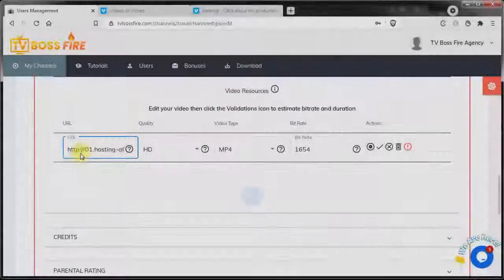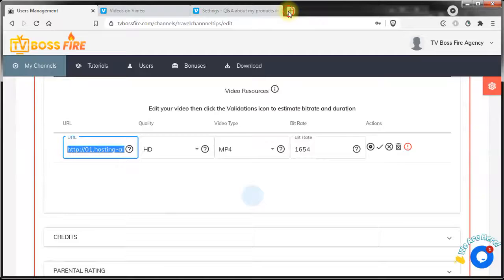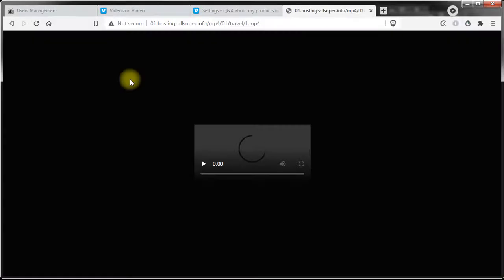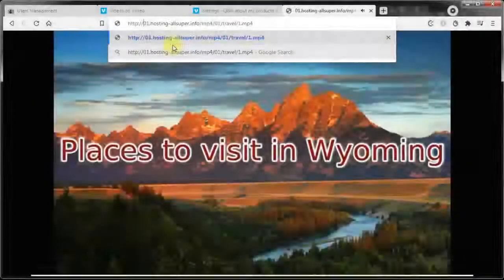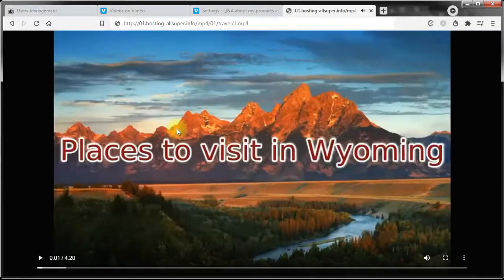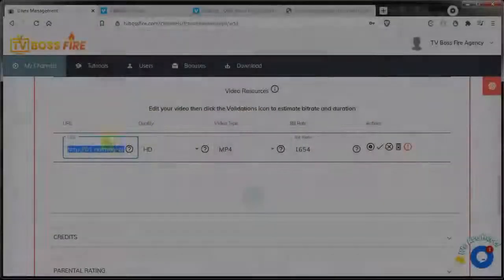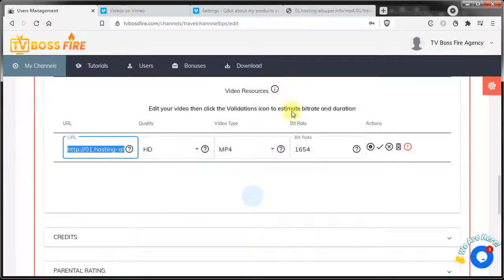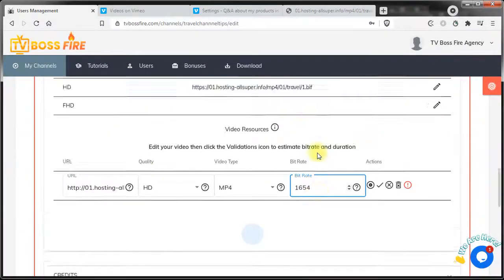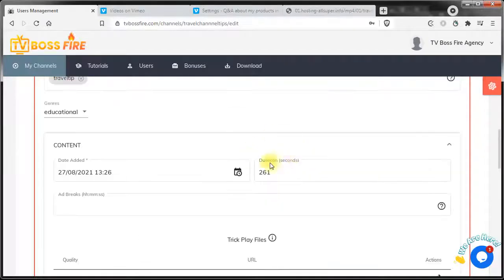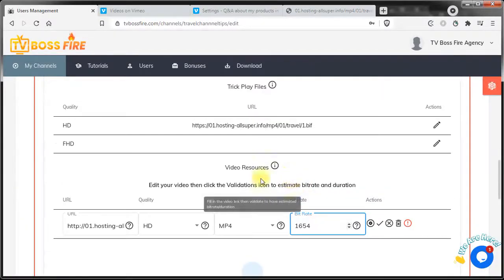Copy and paste the video link in the browser and see if it's playing. In this case, the video will play in the browser, or we hope it will. It will play, it just takes a little while longer because of the switch to SSL from a non-SSL link. In the case when CORS is not enabled, you'll need to add the bitrate and the duration, so you'll need to have this information. To get this information, usually you can right click on your video and see it in properties, but we found a much easier solution.